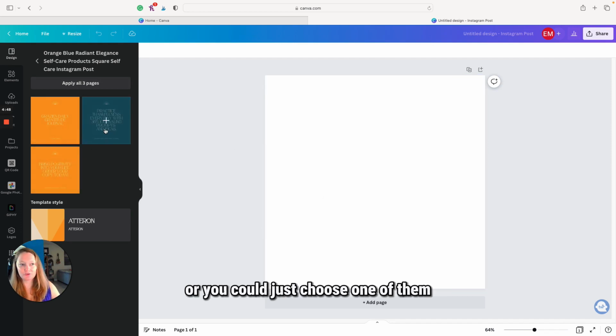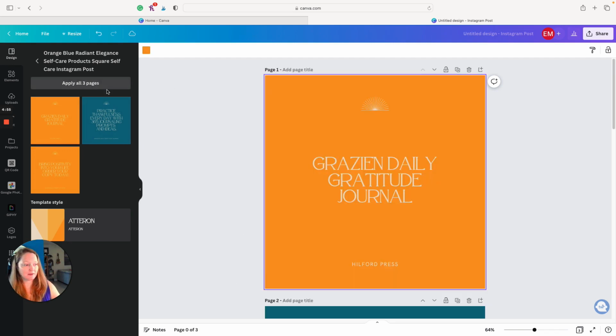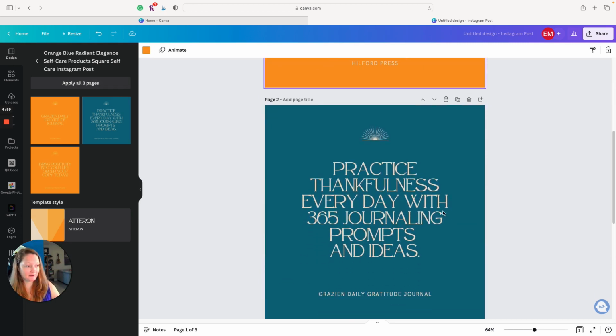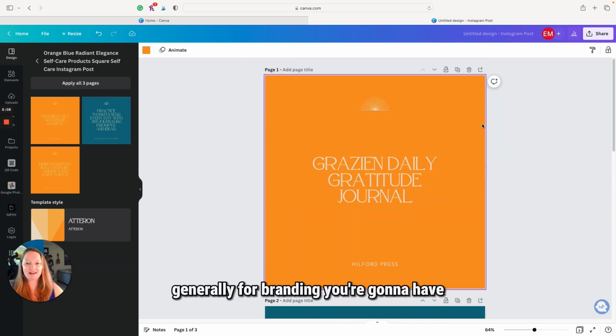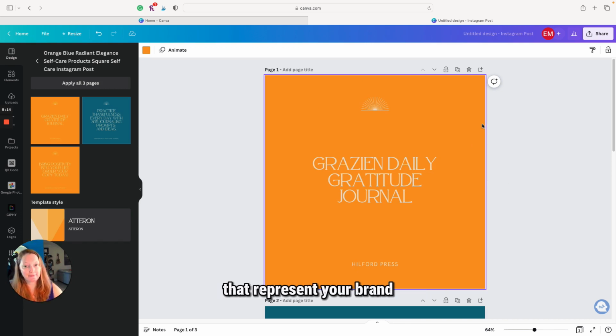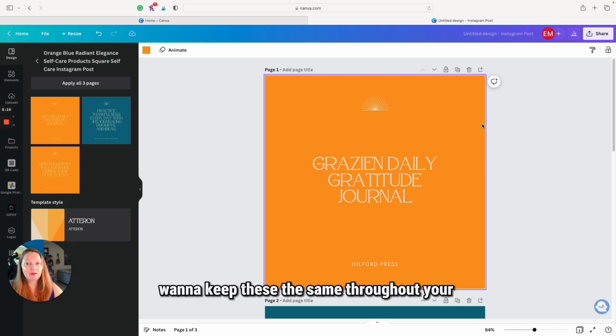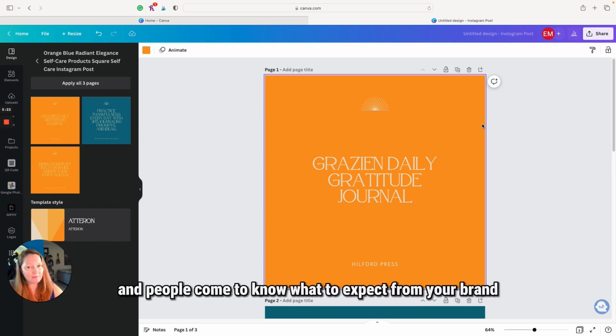Or you could just choose one of them and that will bring that in. So right now for this example, I'm going to show apply to all 3 pages. So now we have the first one, the second one, and the third one. Generally for branding, you're going to have a couple of colors that represent your brand. You're going to have your fonts that represent your brand, and you're going to want to keep these the same throughout your social medias and your website so that it creates consistency and people come to know what to expect